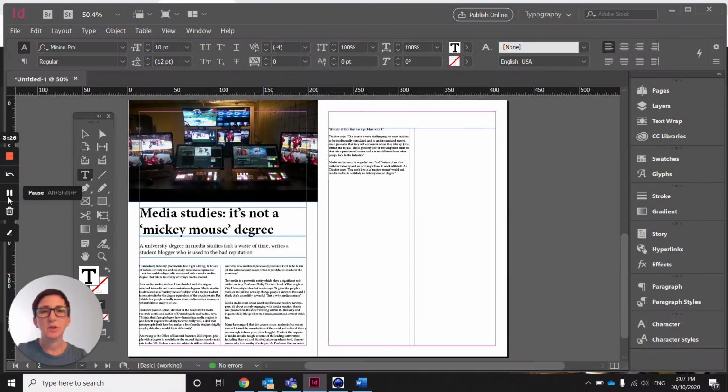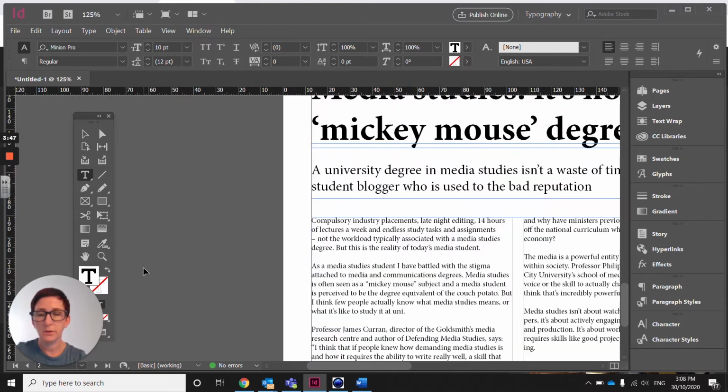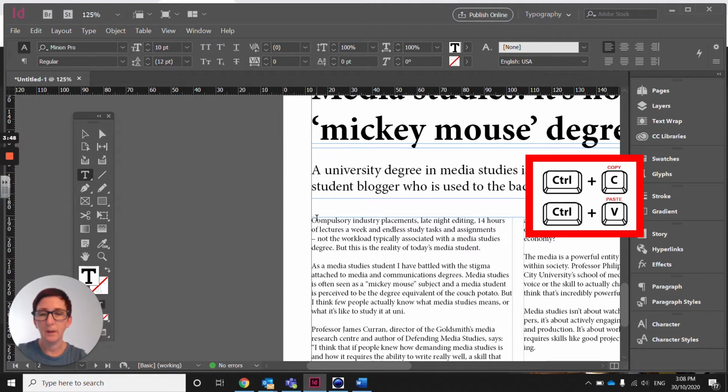So the next thing I'm going to show you is how to add a drop cap. This helps to add emphasis to the start of your article or to the start of a section of an article. So first of all, you come to the place where you want your drop cap to be and you highlight it. I'm going to zoom up here using Control Plus to zoom in so we can see what we're doing. So I'm going to drop my cursor by the C at the start of this, and then I'm going